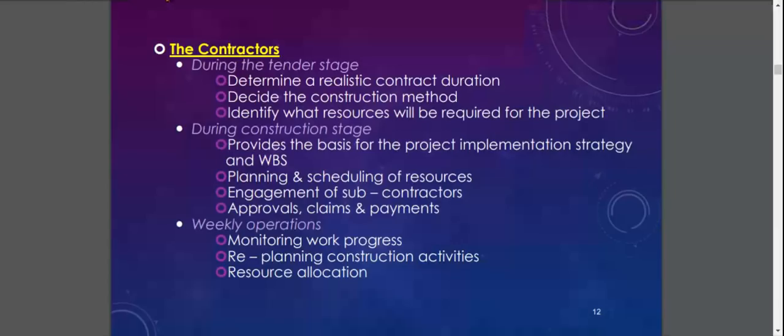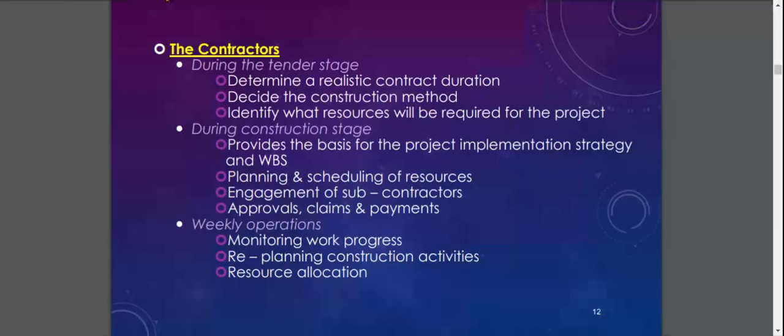Normally the payments and claims must be done by the main contractor who has been appointed. The subcontractor will sit under the main contractor, so any payment and commitments will rely on the main contractor.